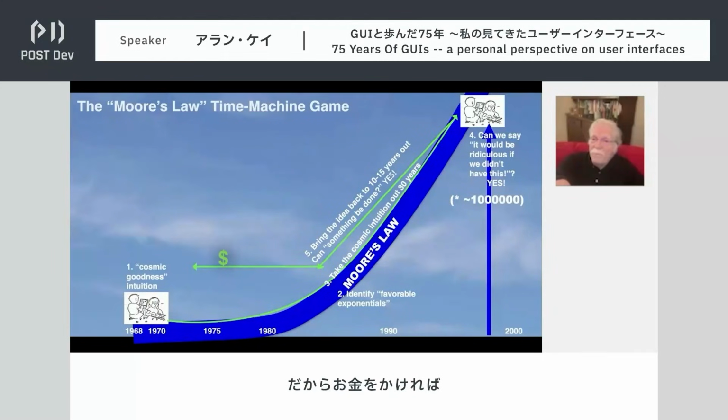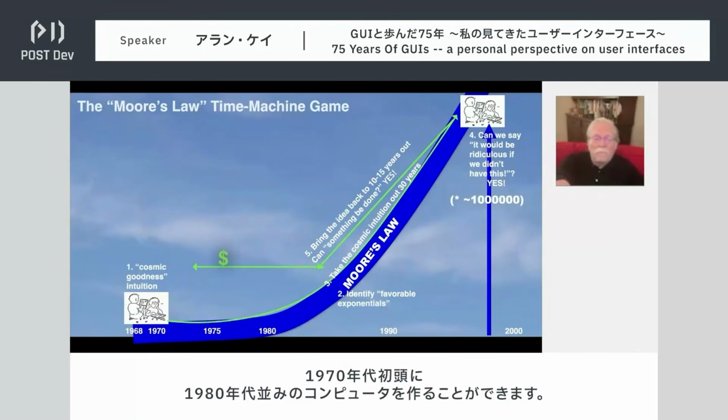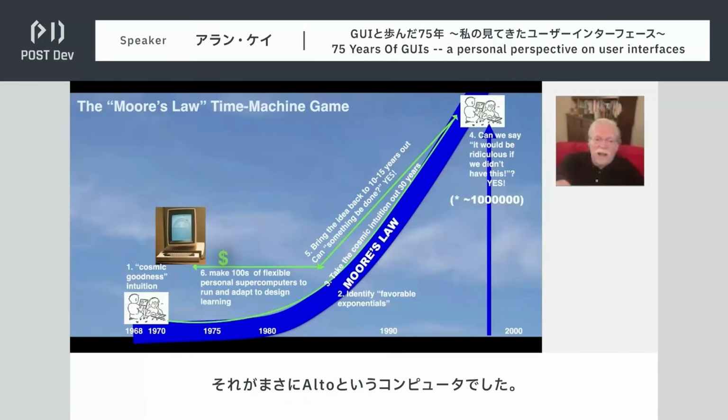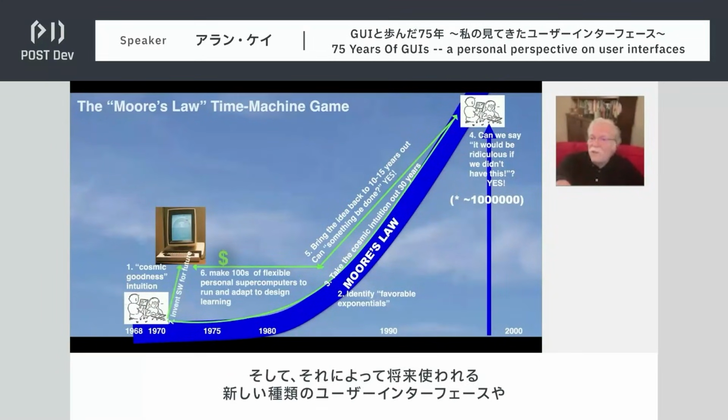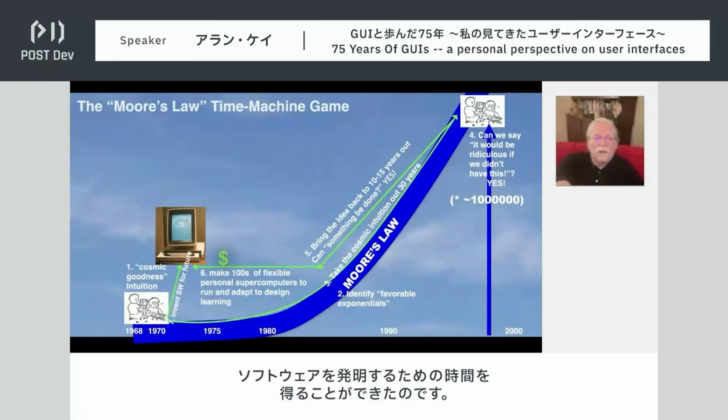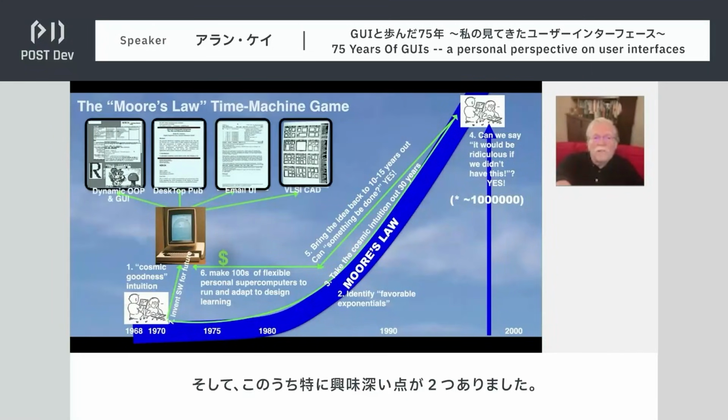And so by just spending money, I can make myself a computer of the 80s in the early 70s. And that's what the Alto was. And that gives us some time to invent the new kinds of user interface and new kinds of software that it's going to use. And so two of these were of particular interest.